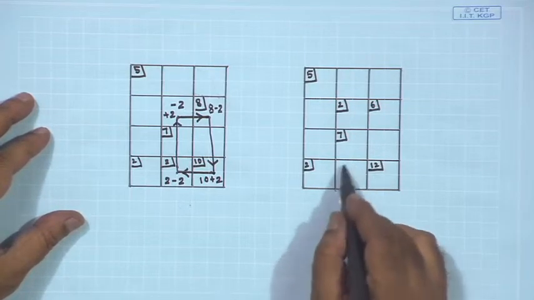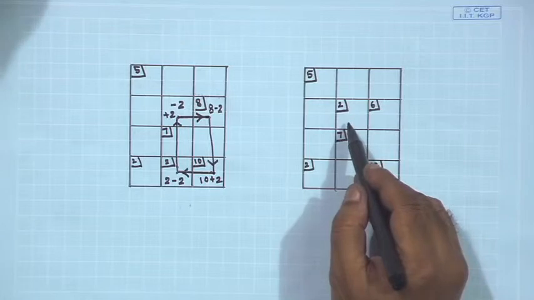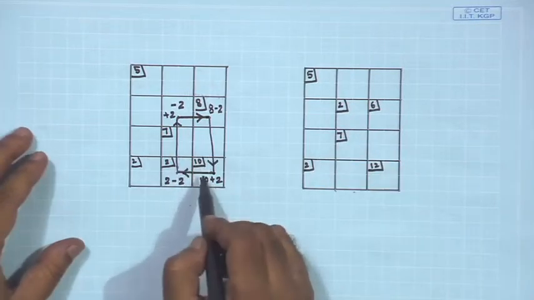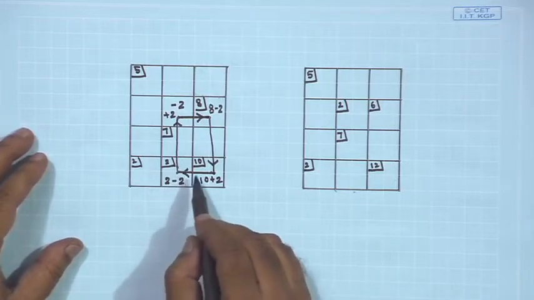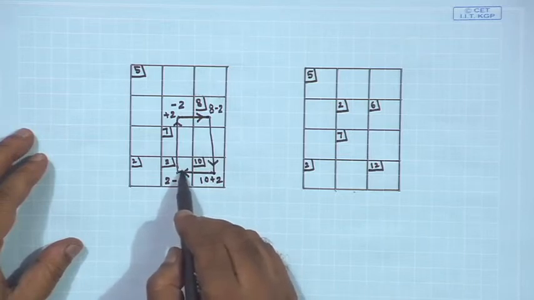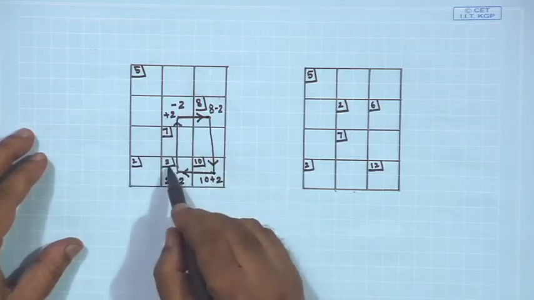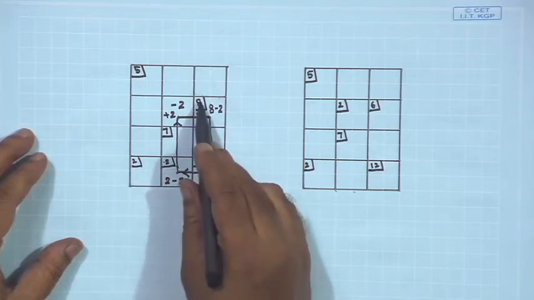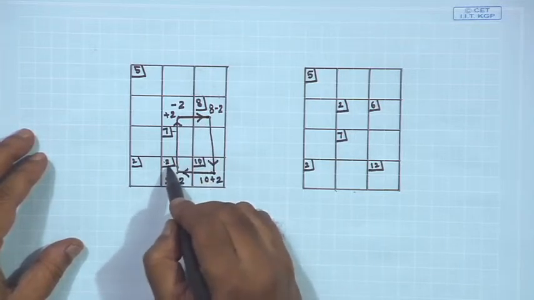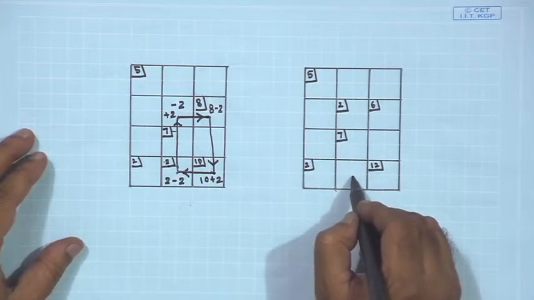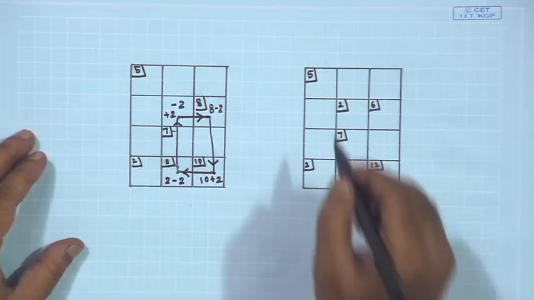Since you are not allocating here, obviously, once you have given an allocation to an unoccupied cell, out of this loop, out of this 4, one must be occupied. So, I am doing plus 2 allocation over here. Now, you may ask why plus 2 I have made? This is nothing but the minimum of the allocations I have made on these occupied cells of the loop. So, minimum of this I am coming over here. This will be the unoccupied cell, and once I am making it unoccupied, then again I have to write down the values